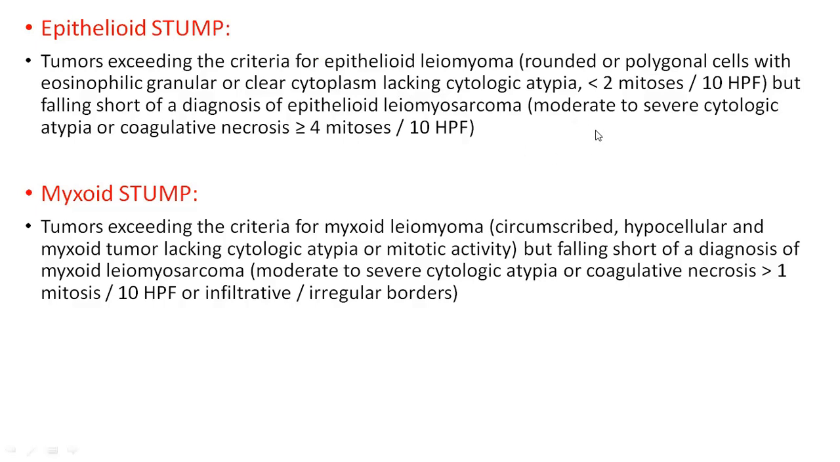But if even one of them is present, either moderate to severe cytological atypia, coagulative necrosis, or if there is greater than 4 mitosis per 10 high power fields, then we can label, or most likely we are dealing with, the epithelioid type of the STUMP. While in terms of the myxoid type of the STUMP, it is still the same as what we discussed about the epithelioid leiomyoma, that even the presence of necrosis, irregular borders, infiltrative borders, cytological atypia, so when one of them is present, then we have to raise our suspicions from the benign category to